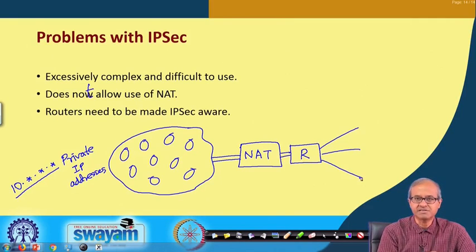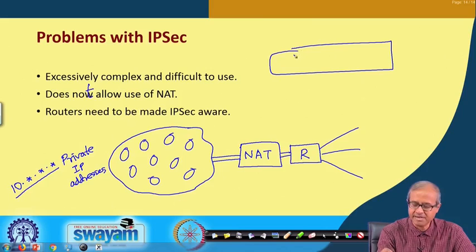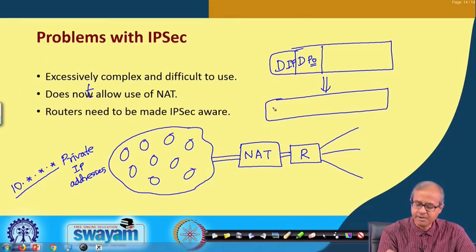So, the network address translator translates a packet, because a packet contains what? I am not talking about the source, let us talk about the destination: the destination IP address and a destination port number. Now, IP addresses are private. So, what will NAT do? NAT will convert this into a new destination IP address. The destination IP address will be the same, okay. The destination port number will also be the same,